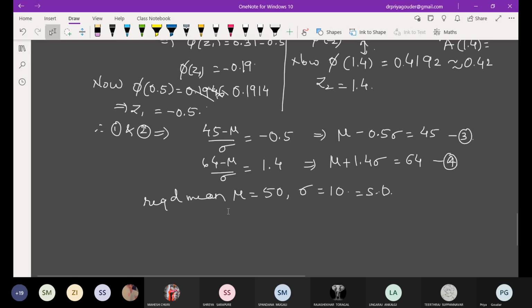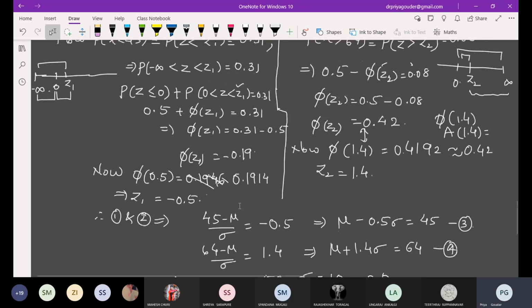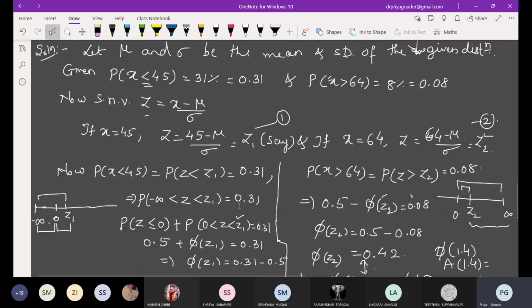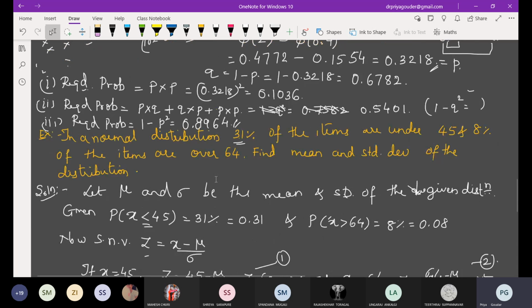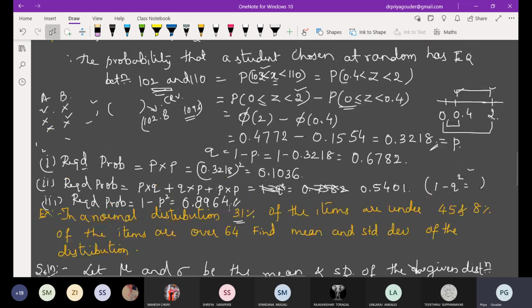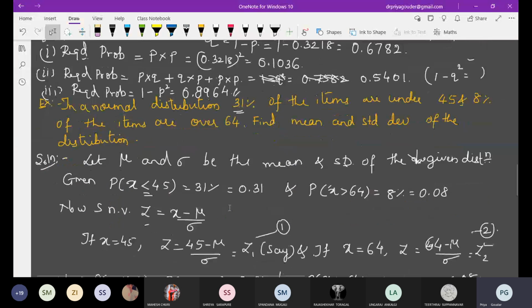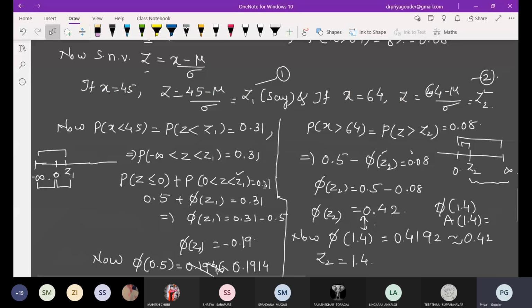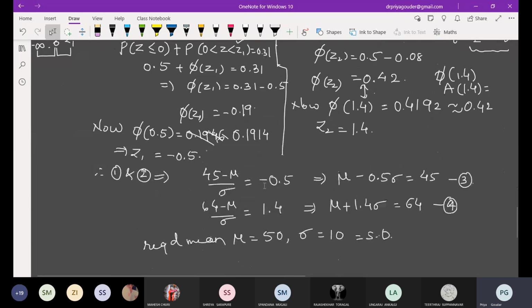Did you understand this? This is a little lengthy, typical problem. But for a change, if they want, because all other problems in normal distribution are very simple, if they don't feel it is worth 7 marks, they may choose this. This is also from one of the question papers. Okay, so this completes your module 3. So altogether 4 modules are completed.